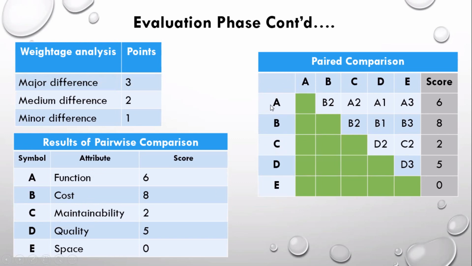When you compare A with the cost, it's B2, which means cost is medium preferred. Then A compared with maintainability, it's A2, which means function is medium